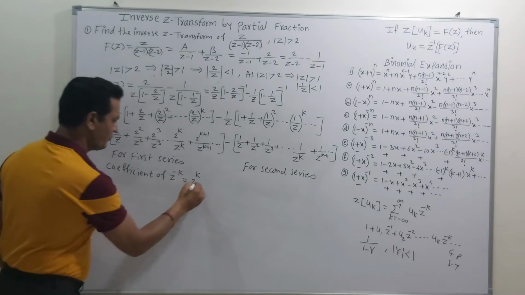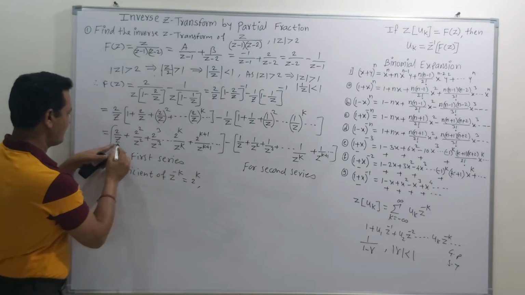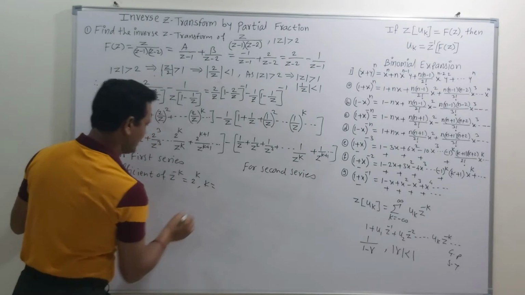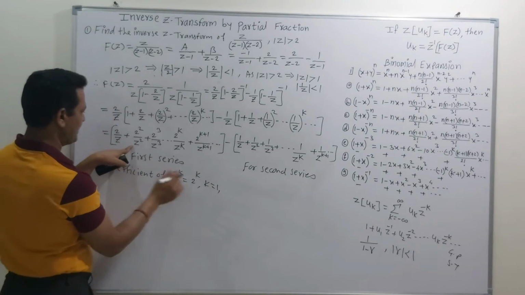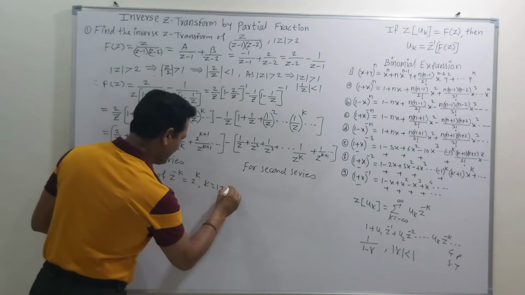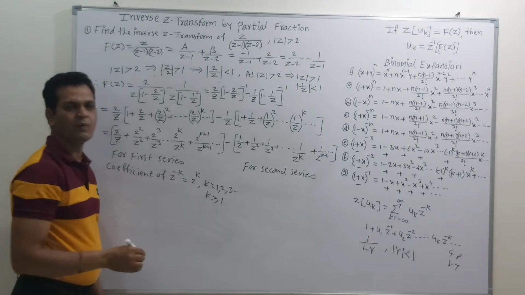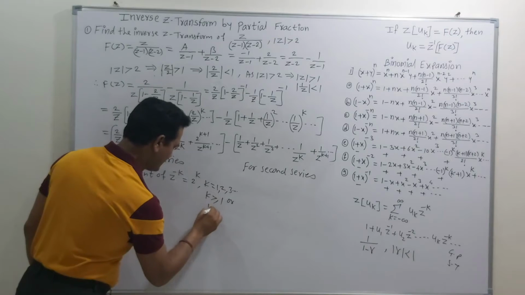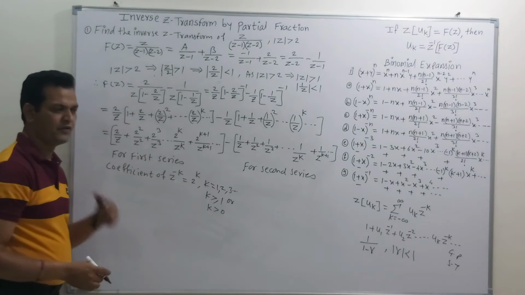Now here again to find the condition on k, put the value of k in such a way that we get this as the first term, this as the second term, this as the third term and so on. In particular, if we put k is equal to 1, we get this as the first term. If we put k is equal to 2, we get this as the second term. This is the third term when we put k is equal to 3 and so on. That means here k is greater than or equal to 1, or some people may write this as k is strictly greater than 0. So both ways are possible. So now this is for the first series.